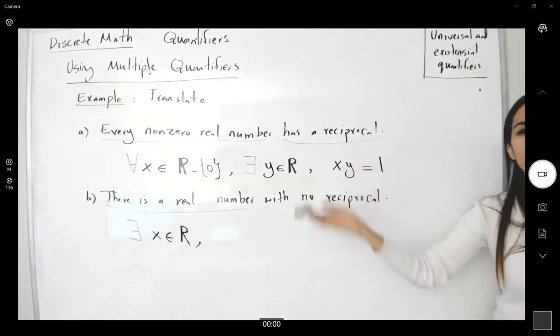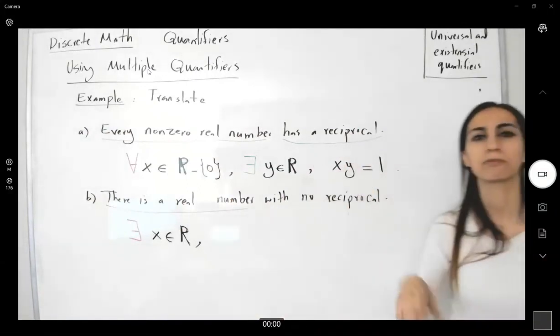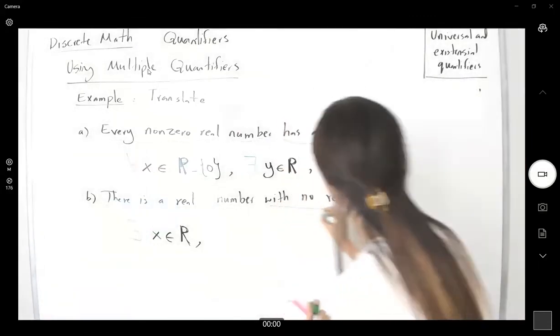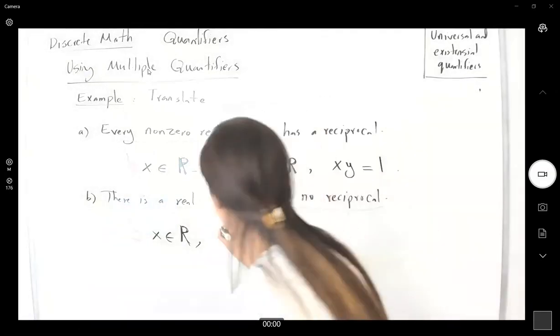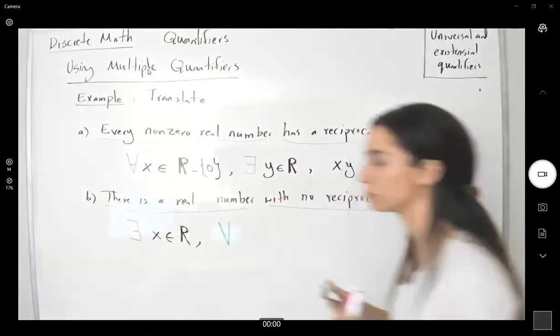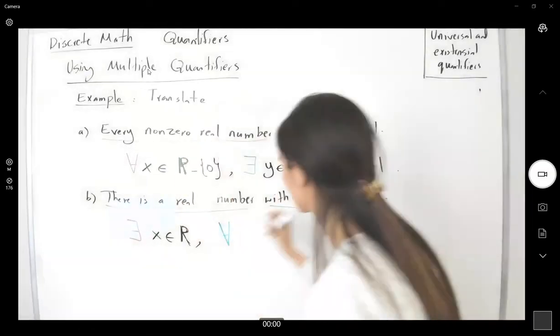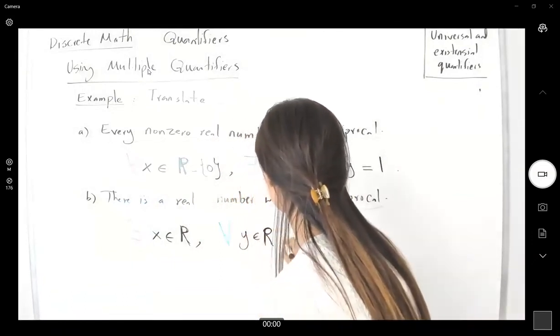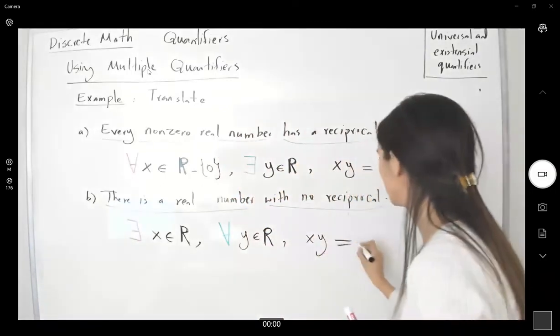If you take any real number, the multiplication is not 1. With no reciprocal. If you take any real number like y, then the multiplication is not